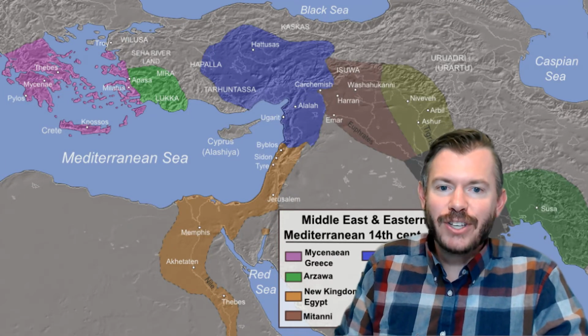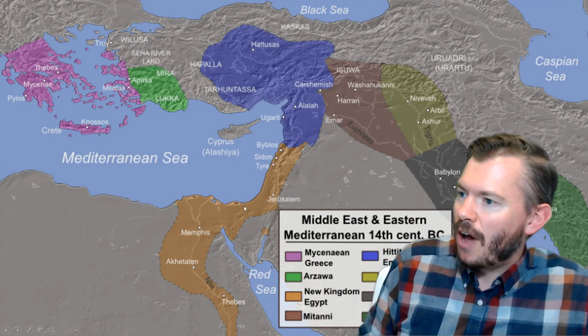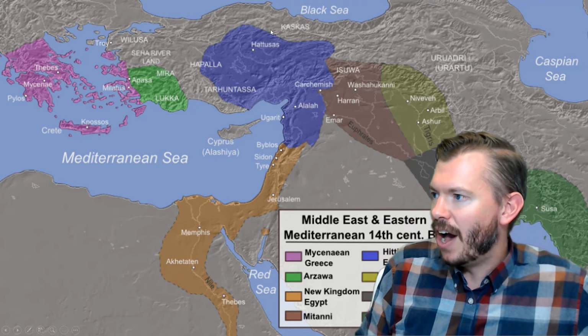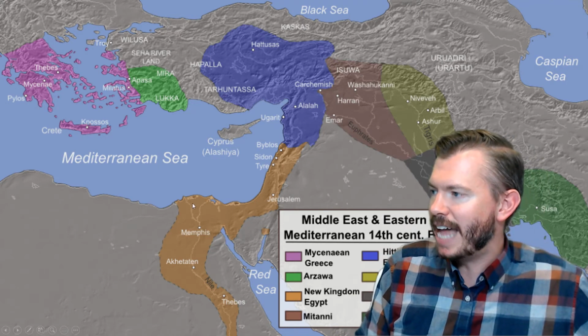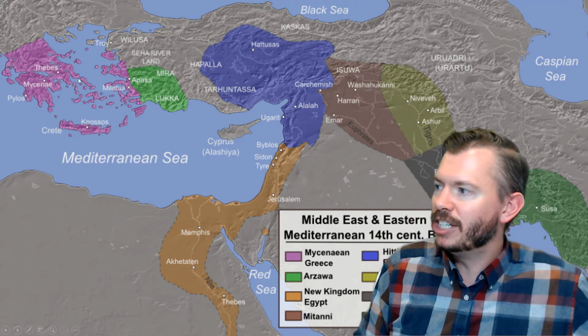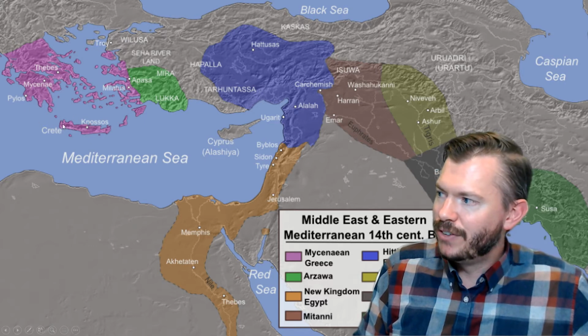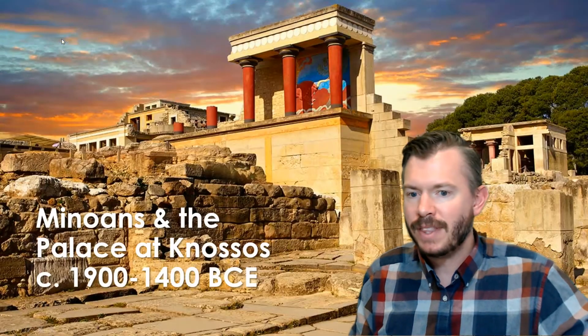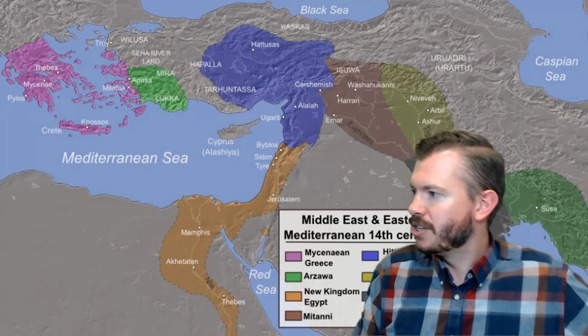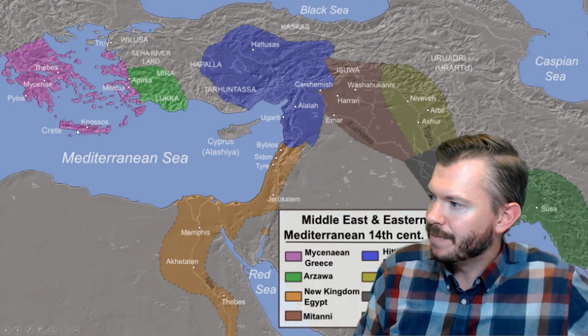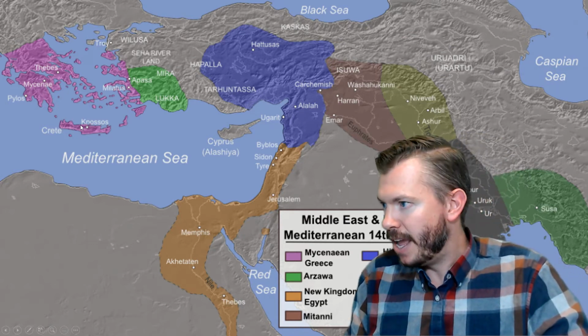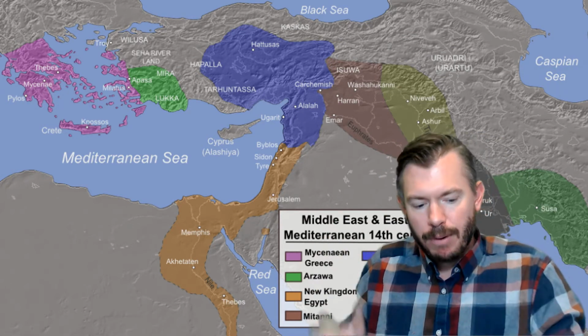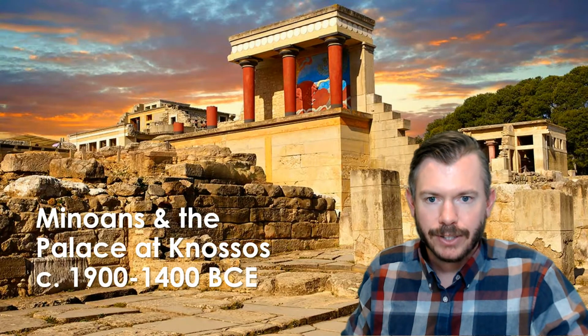Okay, so this is where we've been talking about, right? The Near East has a lot going on. The Hittites over here, the Egyptians down in the Nile River Valley. Now we're going to shift westward over into the area that we know of as modern-day Greece. And to begin with, we're actually going to start down here on the island of Crete, which is part of modern-day Greece. But in antiquity, in the Bronze Age, we have a couple different cultures going on.